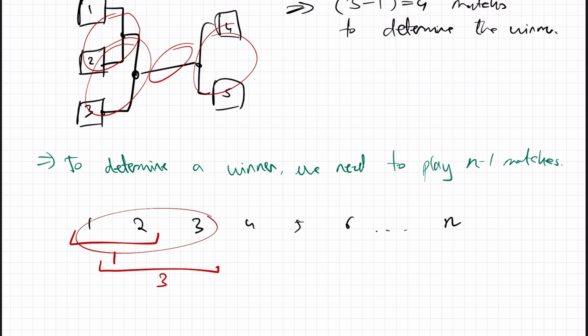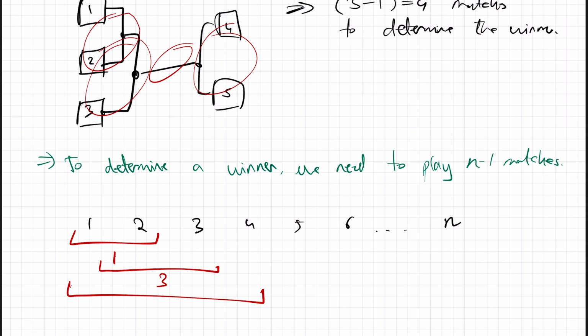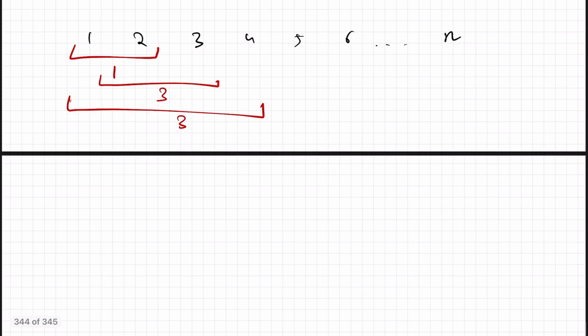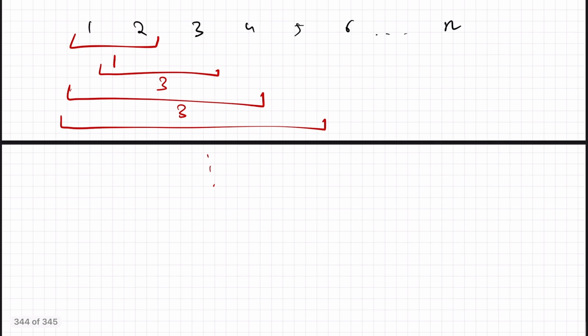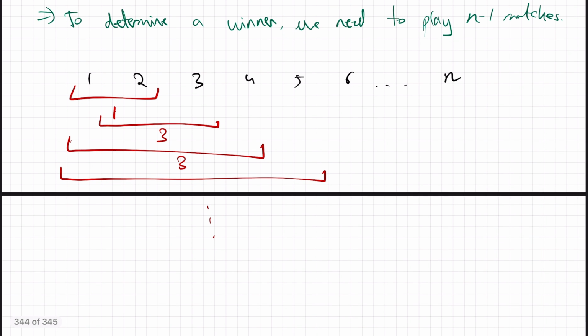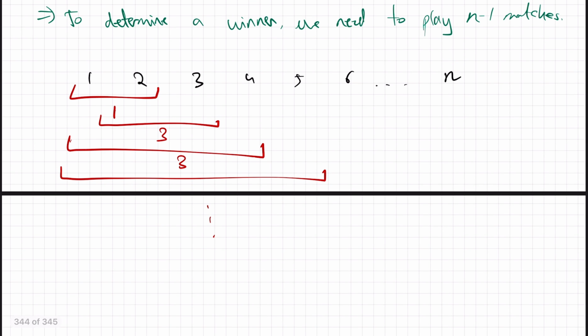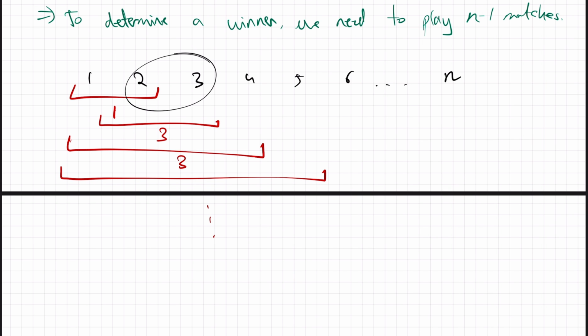Now, out of the first 3 and a new incoming team 4, we need to determine the best out of those, and let's just say it's still 3. And we just continue this on, and every time we get a number, and we're just trying to see which one is new. Okay, so this is kind of like a sorting or maximum algorithm if these are all in an array and we were just going through each one.